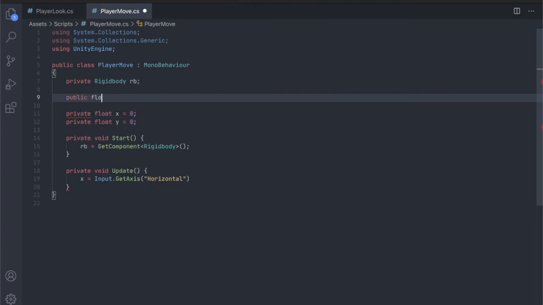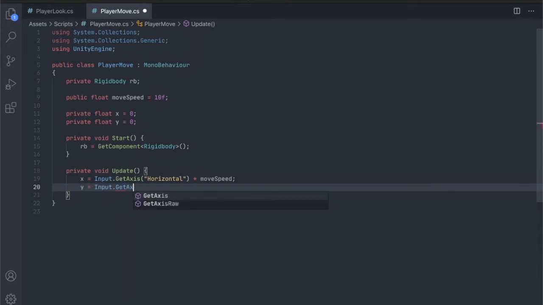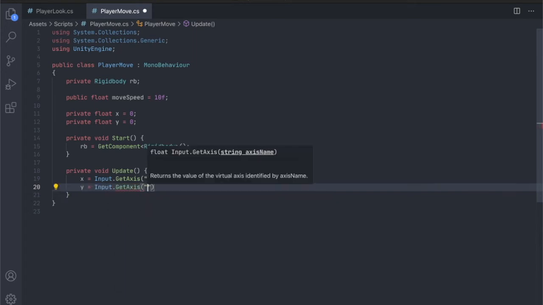Float moveSpeed, and we can set this to like 10. That might be a little fast, but that's okay. So here we'll just multiply that by move speed, and we want to do the same thing for the y variable. So y is going to be Input.GetAxis vertical